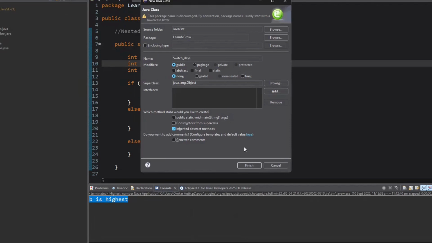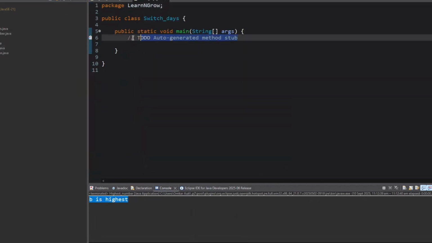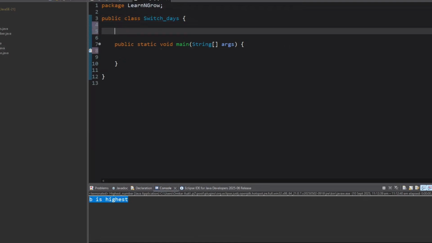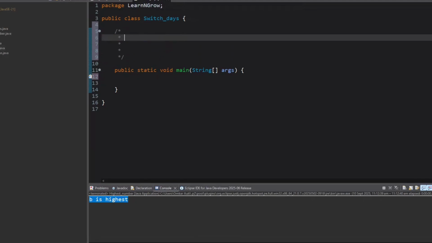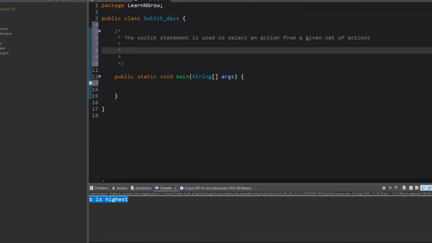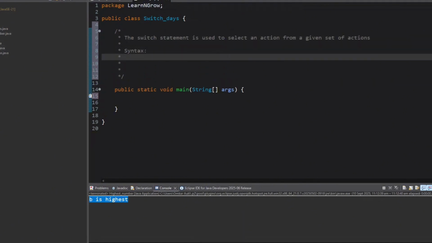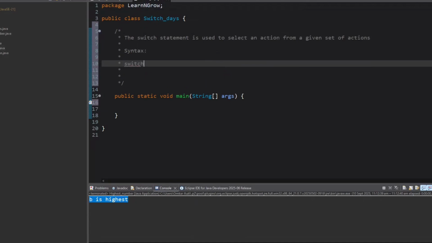Okay, first let me write the syntax so that it would be easy to explain. So it says that the switch statement is used to select an action from the given set of actions. Okay, we are going to understand this properly. Let me write the syntax. So say switch, choice,